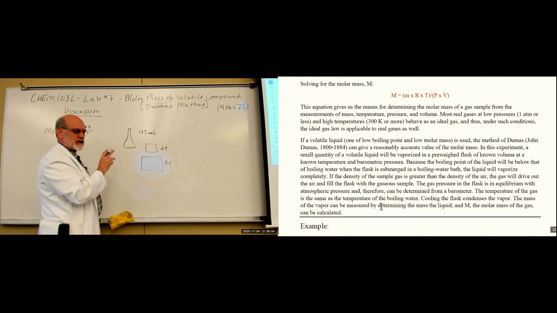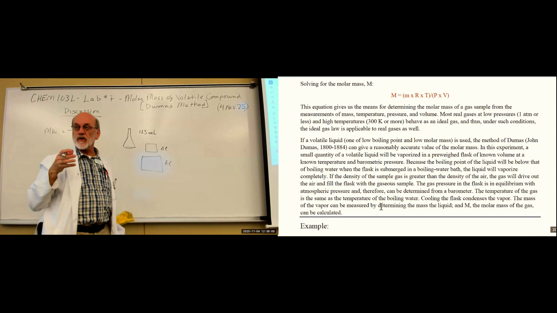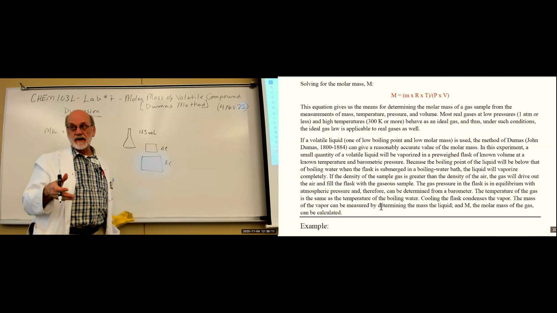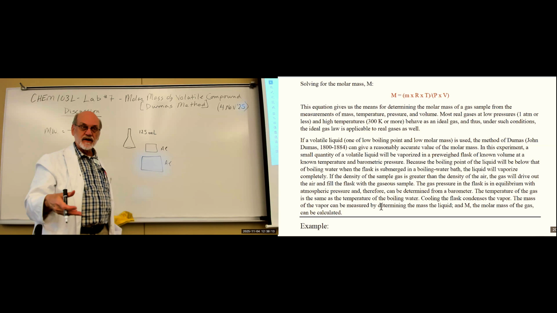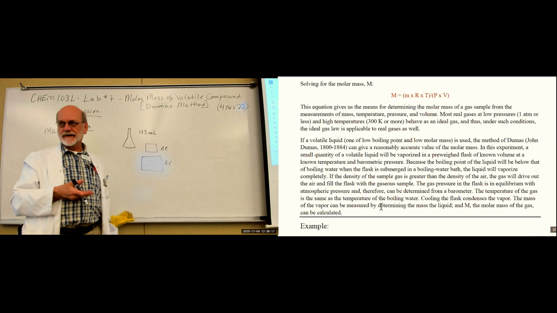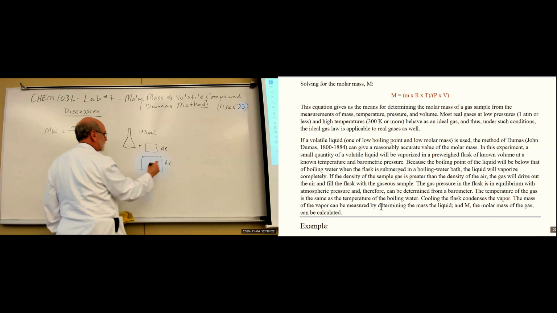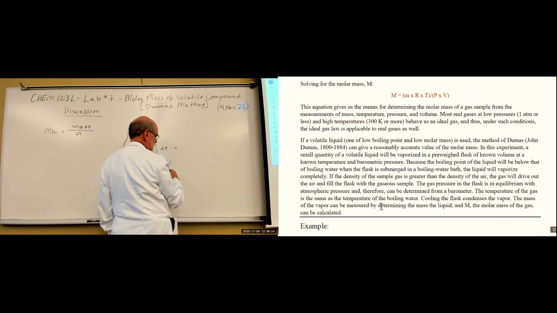But we do need to know the mass beforehand. If we're going to know the mass of the gas, we've got to know the mass of the container first. Otherwise, when we weigh the container later, there's no way to tell what's glass and what's gas. So you need to know the mass of these two right here. This would be what's called the,